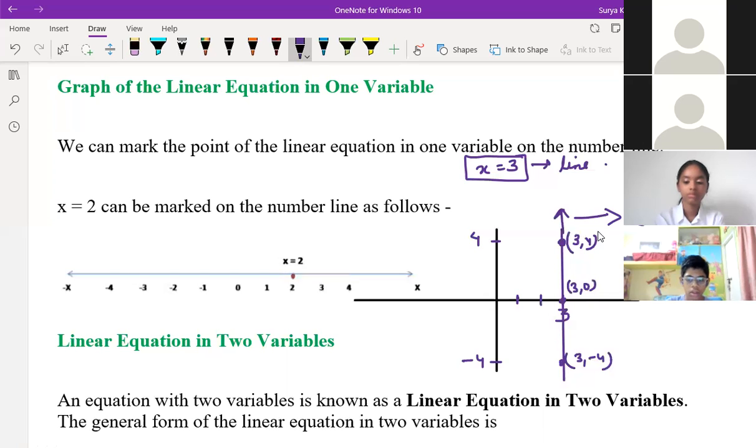Now it's clear? So x, we are depicting x as the graph and 3 as the value. Means on this line you will get x is equal to 3, always x is equal to 3 only. Understood? Sir, so if it's y is equal to 3, we do it on the y-axis.